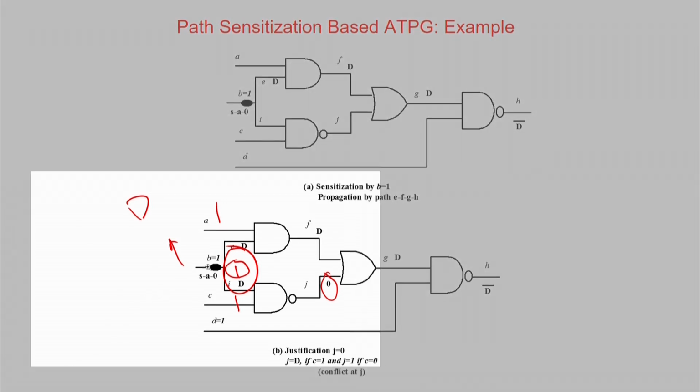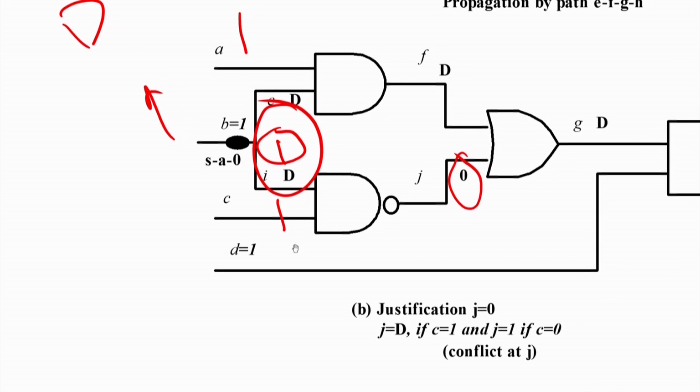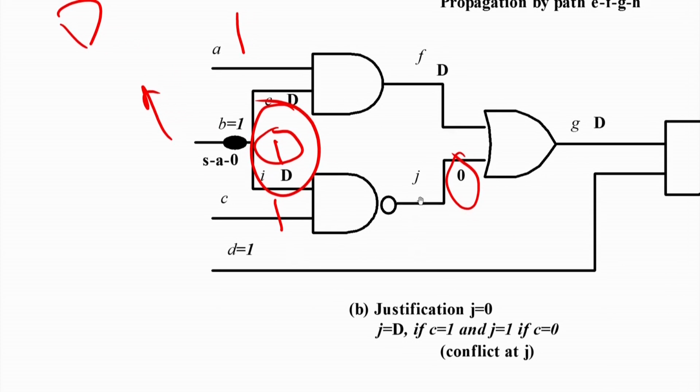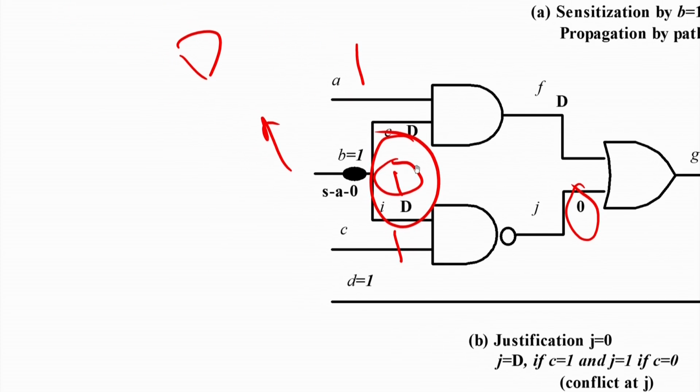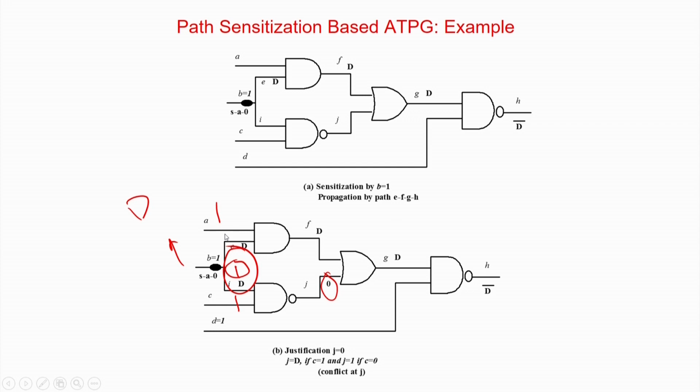So, as I told you, life is not very green, you can have a lot of conflicts. So, justification tells that G equal to 0 if and only if J equal to 1. So, justification will require J equal to 0, but this is already D by this. So, there is already a D over here, you can easily observe. So, this D is over there and it will be a D prime over here, something like this.